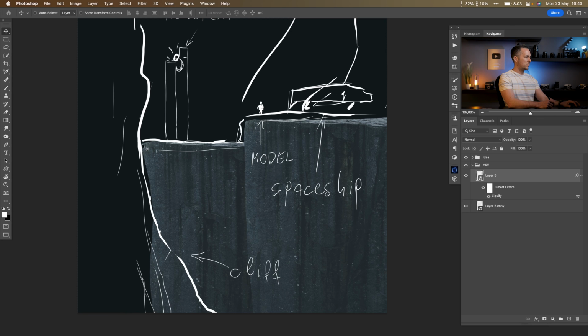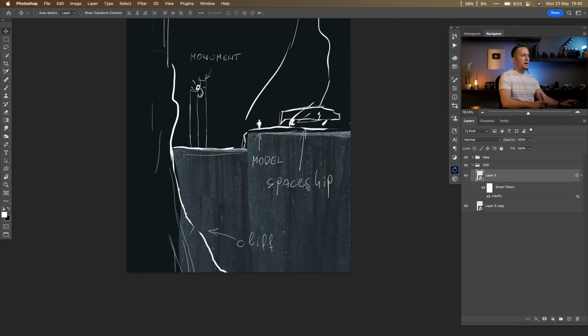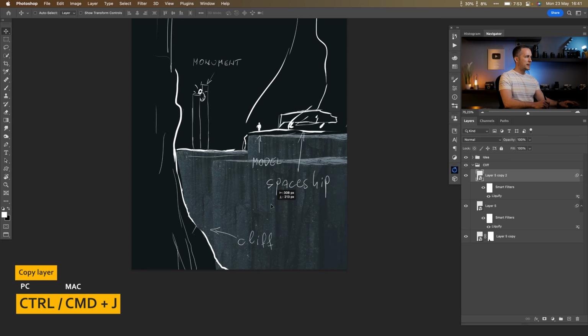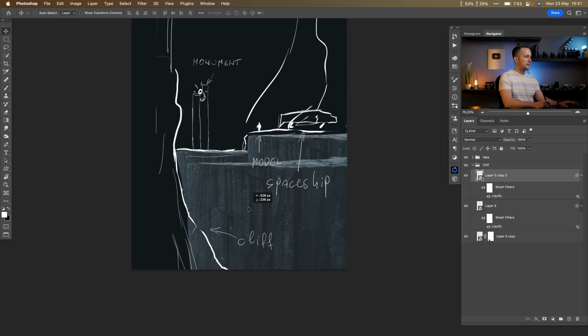And also about this, well, let's have this different shape because it's like a different part of the cliff. But what I will do with this one, I will just really quickly reshape according to my sketch. So I'll delete this, and for now let's say this is pretty okay. We can do something else. So I can make a copy of this one, Control Command J, and move it right here down below, somewhere here, why not,